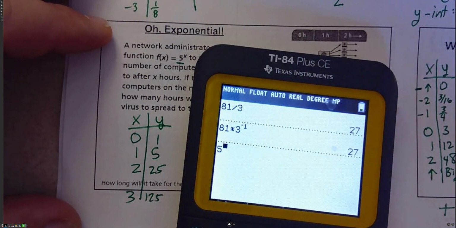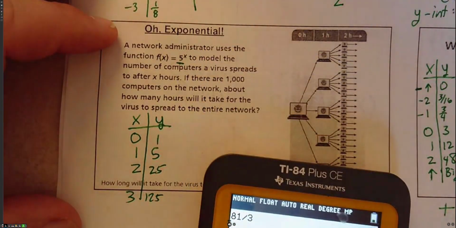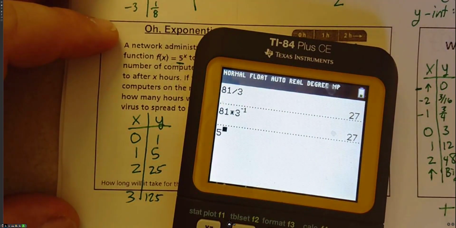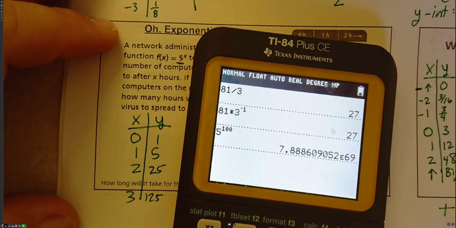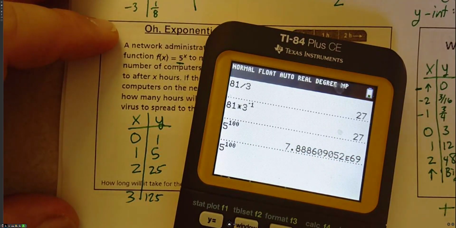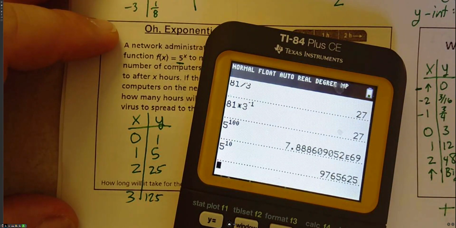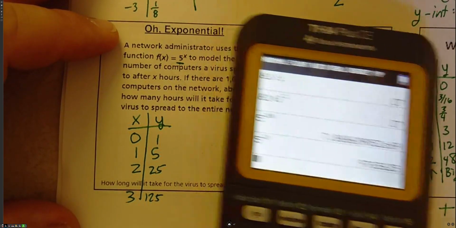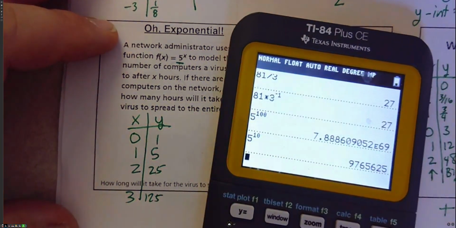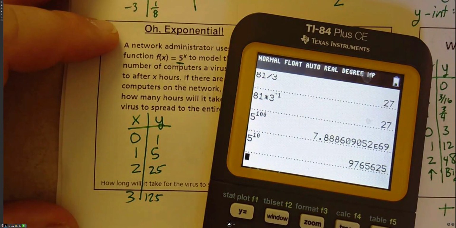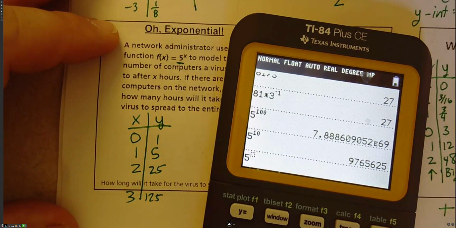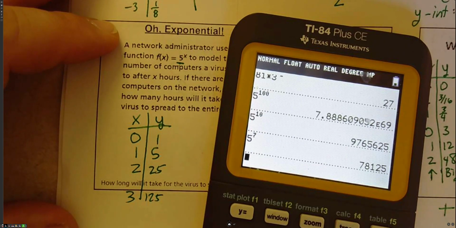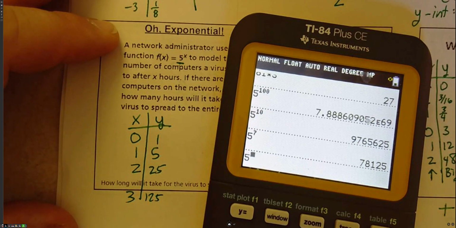We're going 5 raised to... anyone want to guess when it hits 1,000? Right after this, 100. This means that this is 7 with 69 zeros. That's way too big. 7 quadrillion. How about 10? Remember, this stuff grows super fast. After 10 hours, that would be 7... we're trying to figure out when does it hit 1,000. So more or less hours. 5 to the... it's gonna be like 3.7. Time at 4. 5 to the,